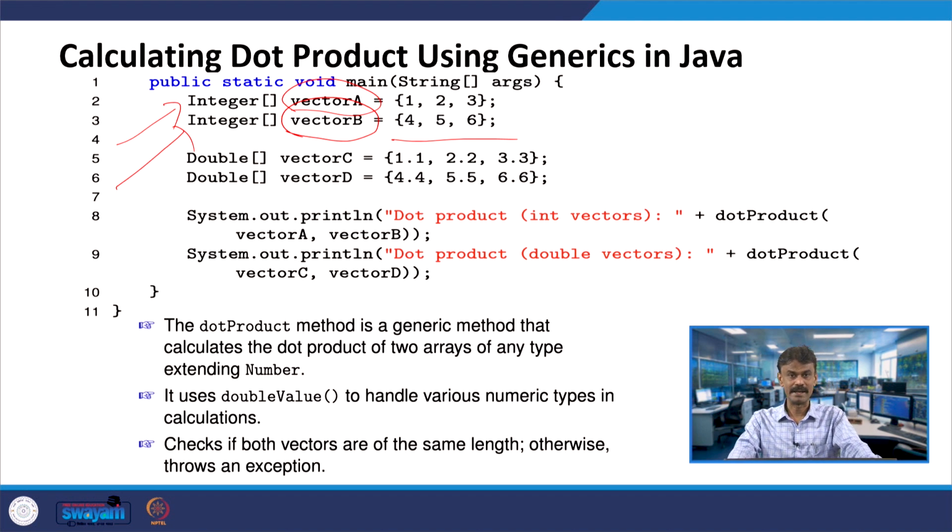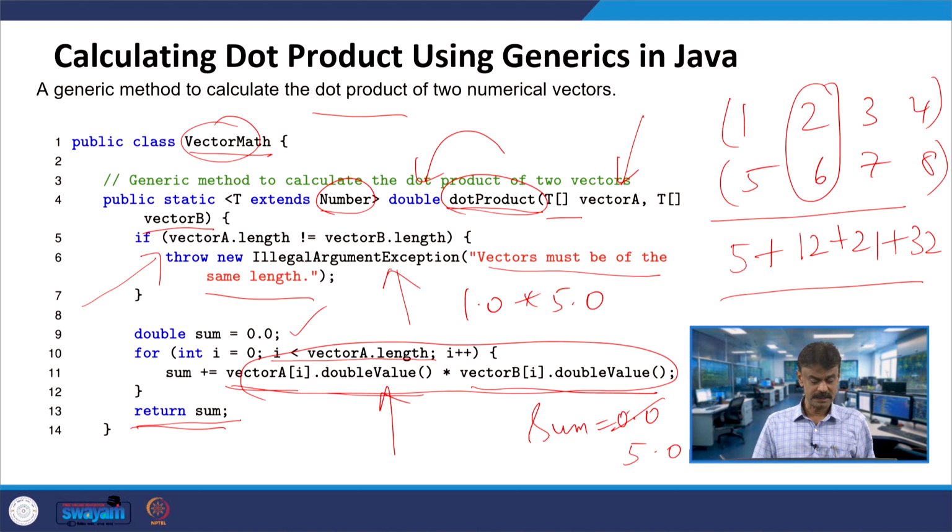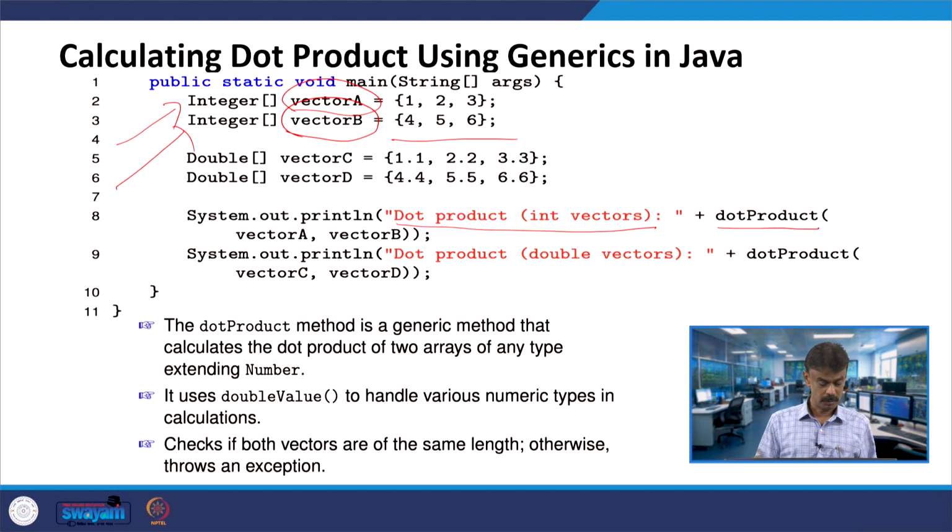So, we have 4 arrays. Two are integer arrays, vector A and vector B, and vector C and vector D are two double arrays. Now let us call the method. System.out.println, I am printing the dot product of int vectors, calling dot product by passing vector A and vector B. Now T is becoming integer.